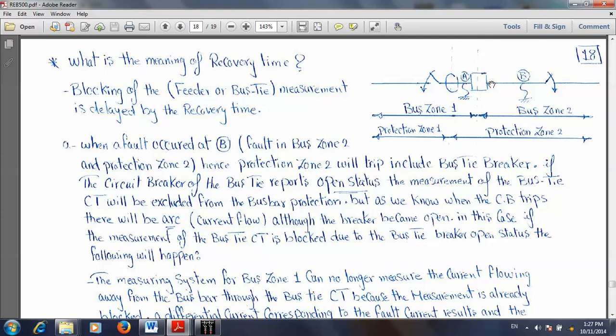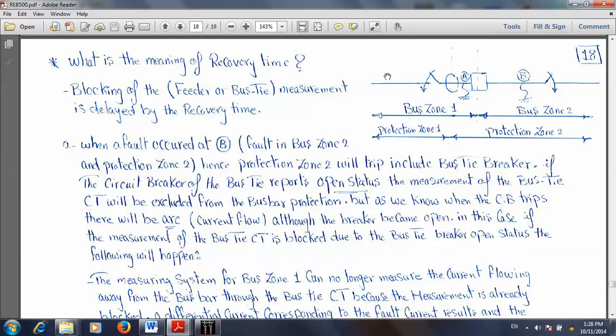In this case, if the circuit breaker reports it's open, but the arc is still passing, it means all feeders here are still feeding the fault at point B. And because the circuit breaker reports it's open, this CT of the bus tie is excluded from the measuring system. It means now bus zone 1 will indicate an unstable condition and it also will trip, and this one is wrong